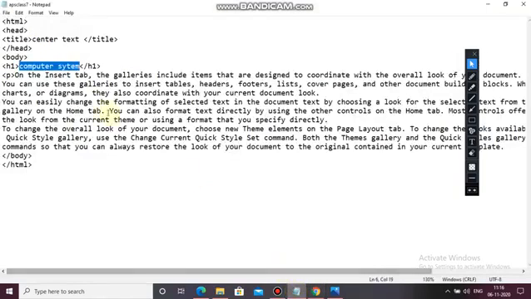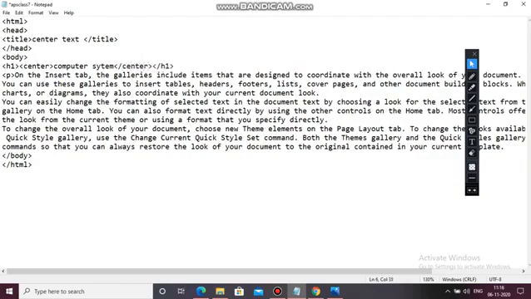So what we have learned is that using a center tag, with the help of that you can align it in center. So let's see, center, and after that backslash center.